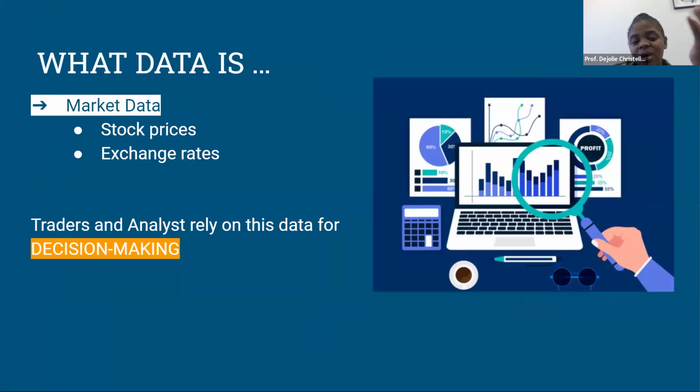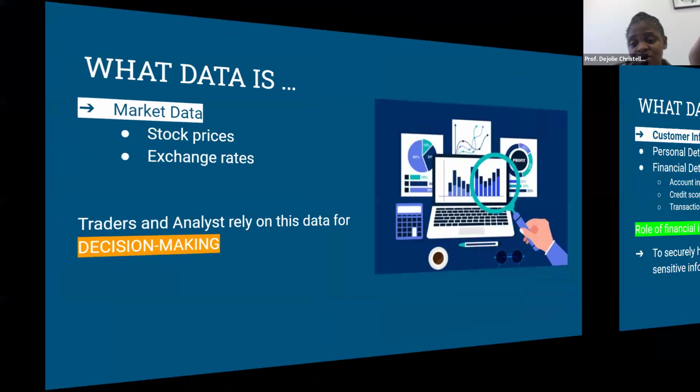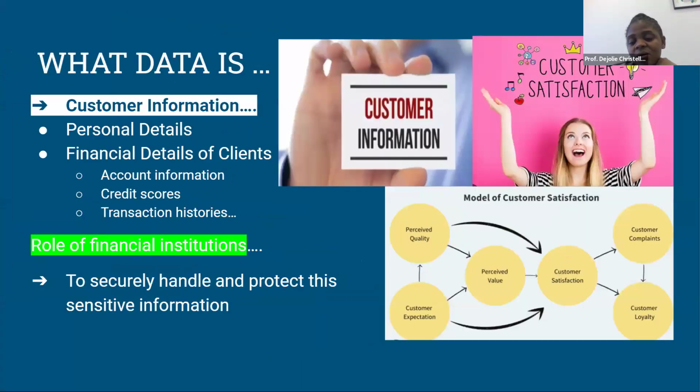Anything they use for decision making and to analyze. Those are information, those are your data, right? Data could also be customer information, your personal details, your financial details, your account information. Those are data. Your credit score, they use all your information to monitor you, to know how your finances are going, what they can suggest to you, to do marketing. That's why we say data is the new gold, because it's used everywhere.